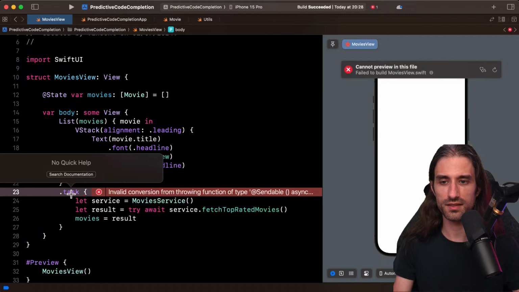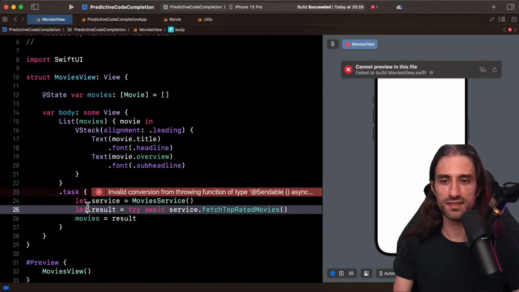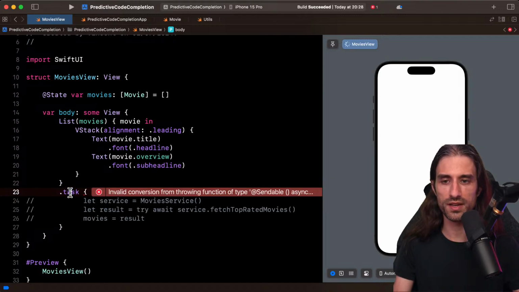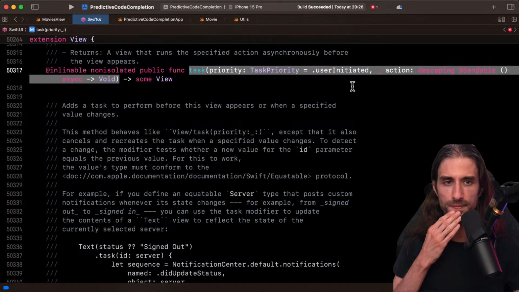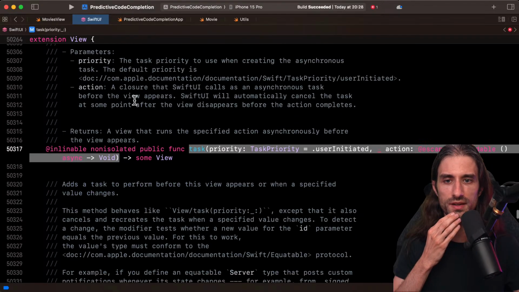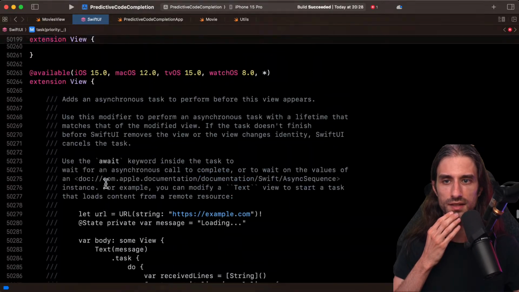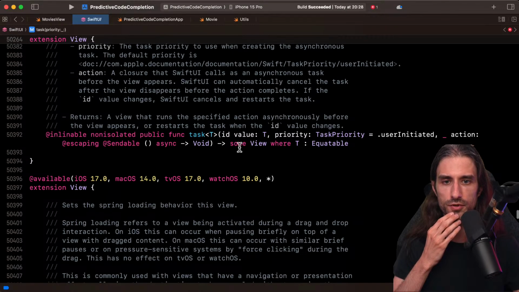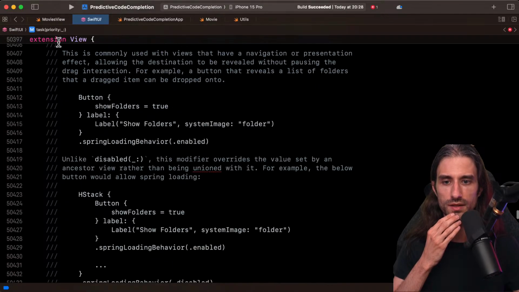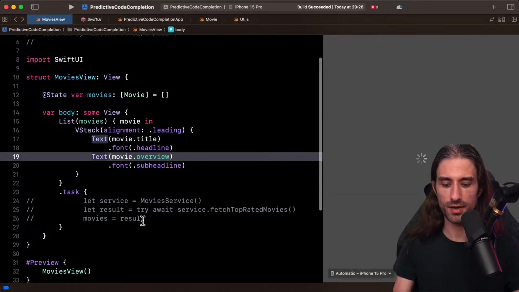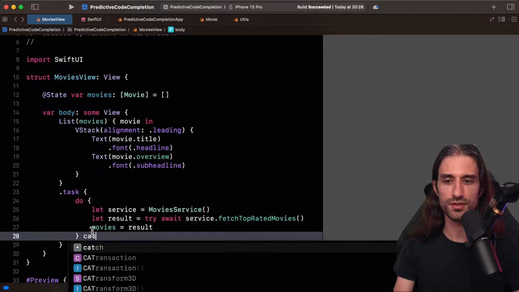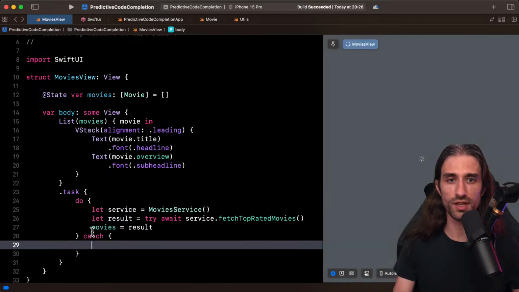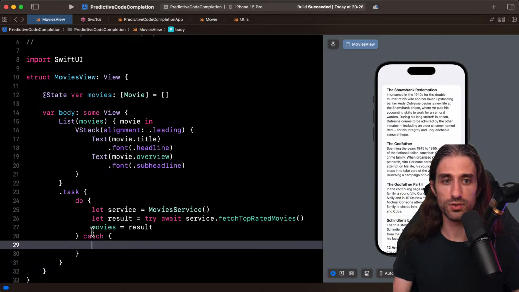Oh, and when you have a task like that, it takes apparently something that is non-throwing, and because I'm throwing, it doesn't seem to be very happy with me right now. Yeah, it doesn't take a throwing task. That's not a problem. I'm just looking to see if there is a version which is throwing. No, doesn't seem to be the case. No problem. I will just take my code right here and put it inside a do block. Once again, doing it quick and dirty. And also it allows us to see what the AI can do in predicting what's inside the catch clause.